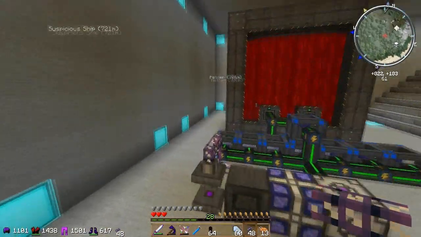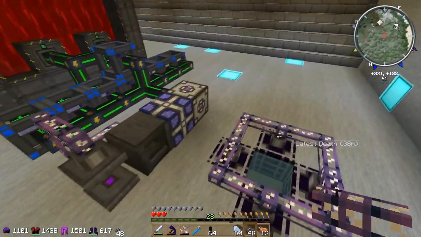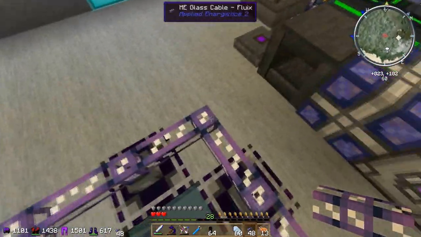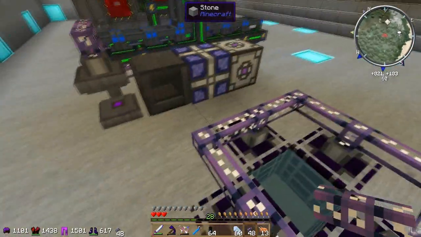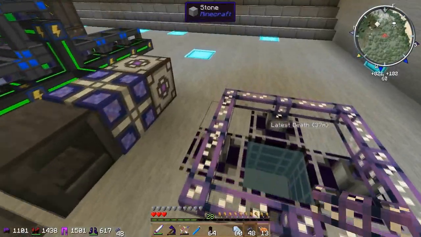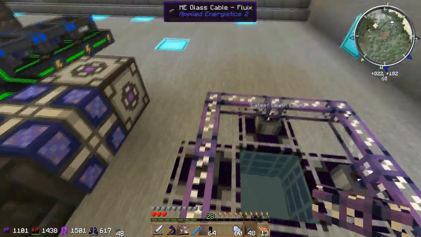And then there's different cables to do with channels and stuff, because Energistics 2 is very different to 1. But basically, these standard cables that you always use in AE can hold 8 channels worth of data. Now, what that means, basically, is each one of these things, I don't think these do, but a lot of